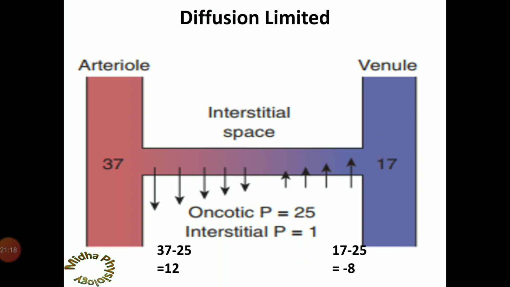So here, from the arteriolar end the filtration occurred, and from the venular end the absorption occurred. So this process is a diffusion limited process. As long as the concentration gradient of the substances on the two ends, the capillary side and the tissue side, is different, the diffusion of the substances occurs. The filtration and the absorption process will continue to occur. When this concentration gradient comes to the equilibrium state, only then would the process be stopped. So this is the diffusion limited filtration.